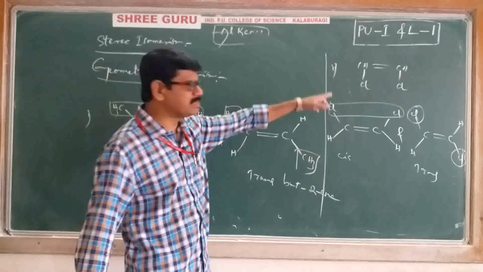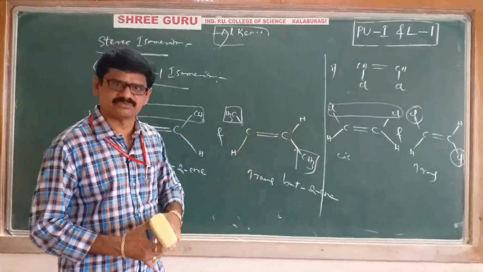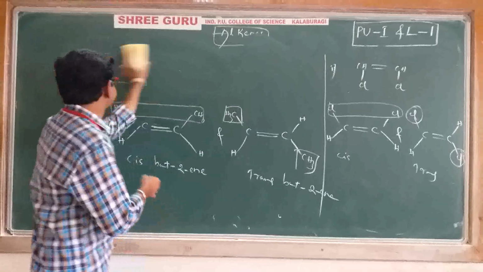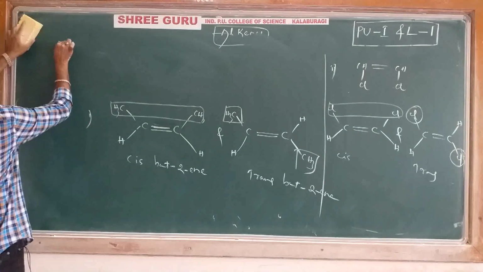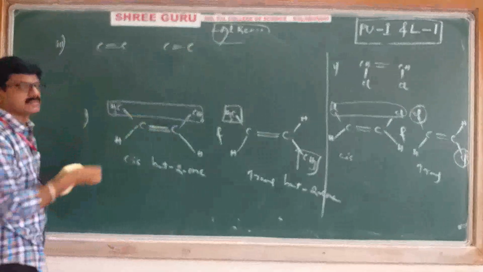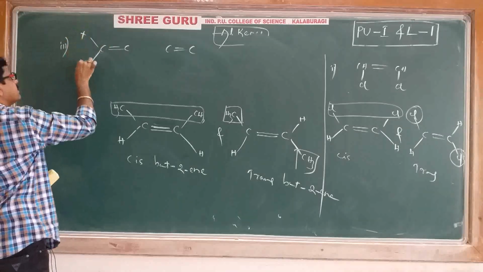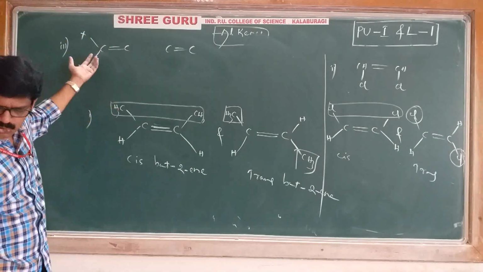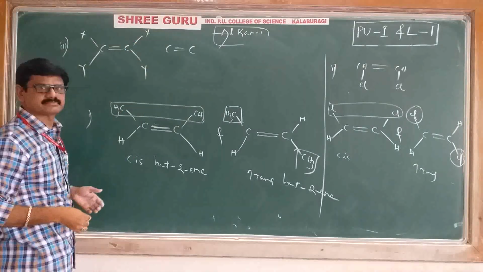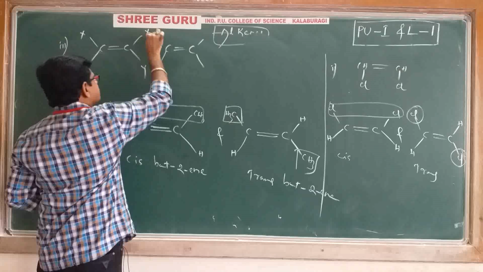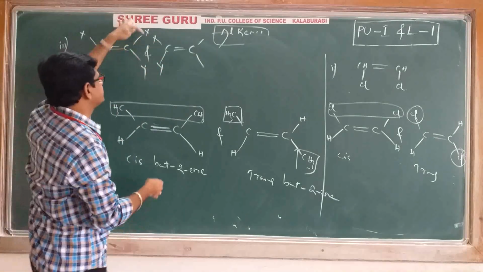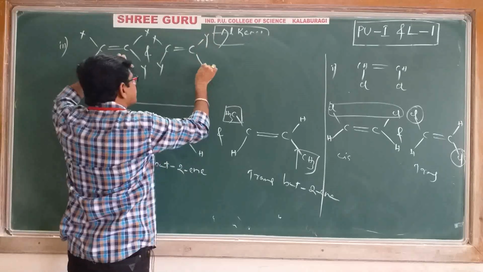Right, that is example 1 as well as example 2. If you want, you can write one general example also. What is a general compound? Carbon-carbon double bond. On this carbon I'll write X, here I am writing Y. X is one group and Y is another group. Here also I'll write X as well as Y. In the second structure, the same X and Y on the first carbon, but on the second carbon X and Y are interchanged. Here I'll write Y, here I'll write X.